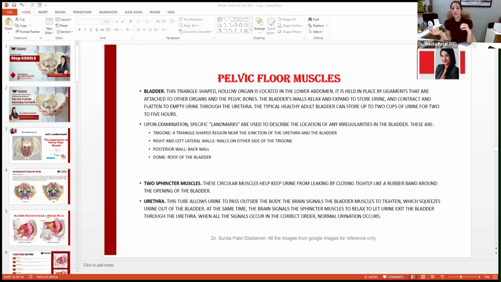squeezing is also there and lift is also there. It can be on 1 finger, 2 fingers, or 3 fingers, it doesn't matter. But you can feel the squeezing. So then we can say, yes, squeeze is there. You can do Kegel and perform it for 3 seconds, and slowly you can go for progression. But stop giving Kegel if your patient has 0, no contraction, flicker contraction, or weak squeeze. Okay. So this was my webinar for today, and I hope you can understand. And definitely, we have to stop Kegel in hypotonus activities.